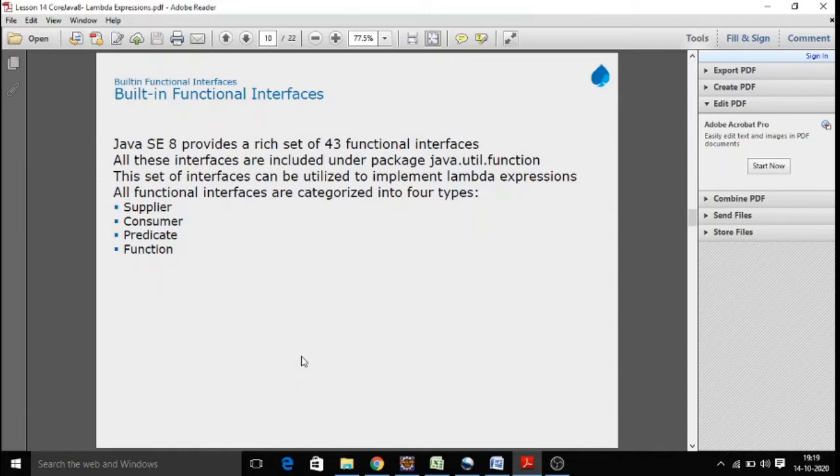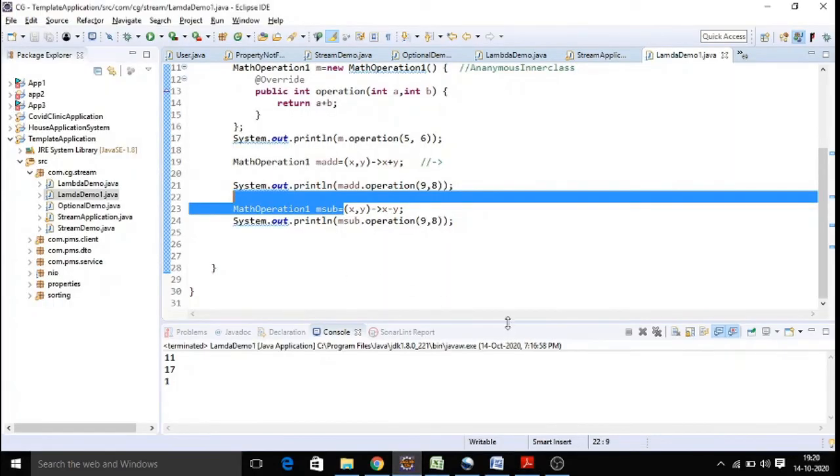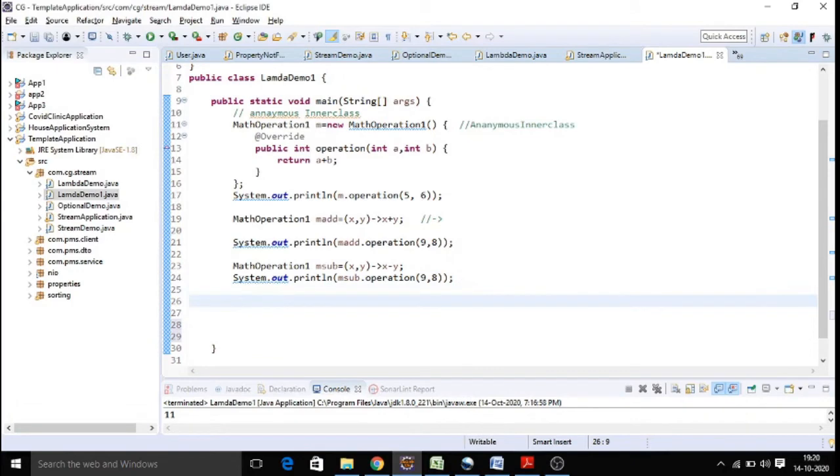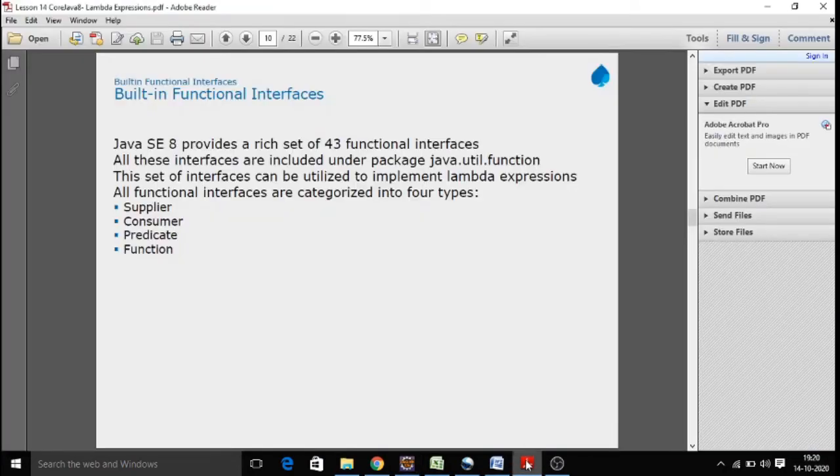And we will see what predefined functional interfaces are available while implementing the custom lambda expression. However, we need to define the function in a functional interface, and we will override it in this fashion. The implementation can be anything. But how are we going to make use of predefined lambda expressions? As we are discussing here, there is a set of predefined functional interfaces. In total we have 43 functional interfaces, but the basic categorization has 4 types: supplier, consumer, predicate, and function.